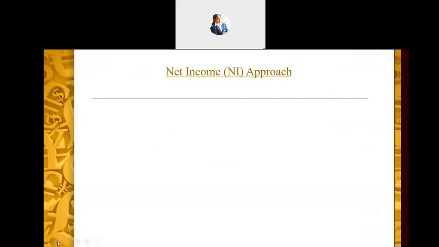Now, having said that, it becomes important to understand the different capital structure theories. The first among them is the net income approach. Net income theory, or net income approach, was given by a person called Durand. And according to the net income approach, capital structure decisions are relevant to the valuation of